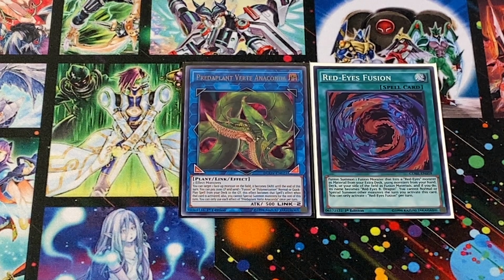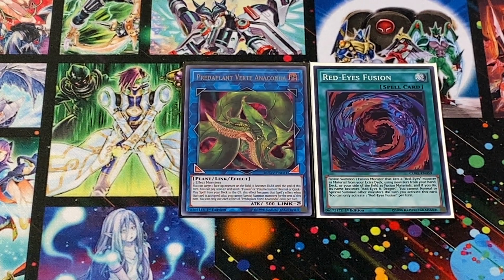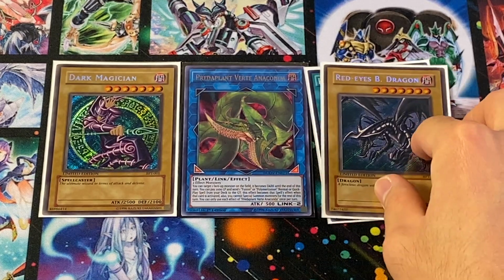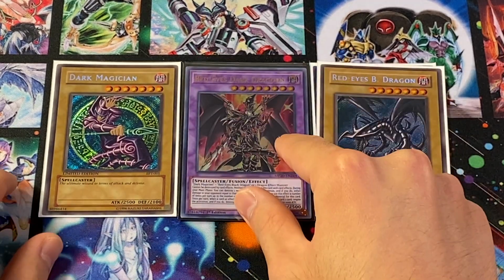And in that instance, you're able to just combine any 2 of your effect monsters into Anaconda, pay 2,000 life points, send Red Eyes Fusion to the graveyard, which of course lets us send our Dark Magician and our Red Eyes Black Dragon, and we're playing our Red Eyes Dark Dragoon. Now,